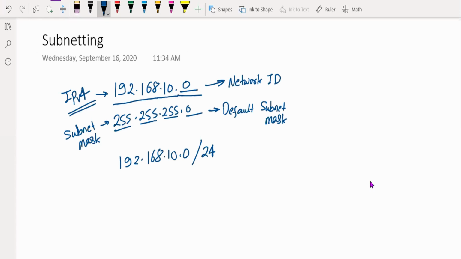One is private IP addresses, one is public IP addresses. In private IP addresses also, if I'm utilizing this 192.168.10 in my private network, I can connect 254 hosts or end devices. But suppose you have only 10 end devices, so basically you are wasting all the other addresses.